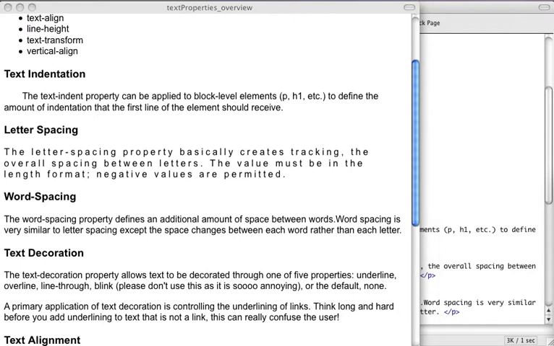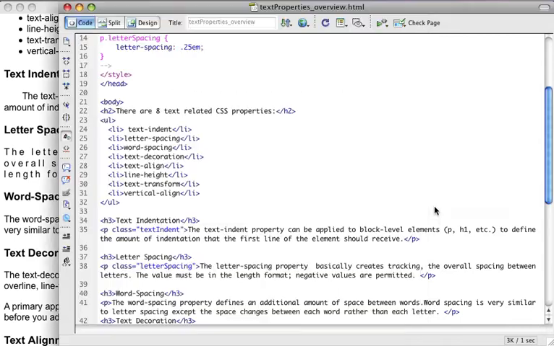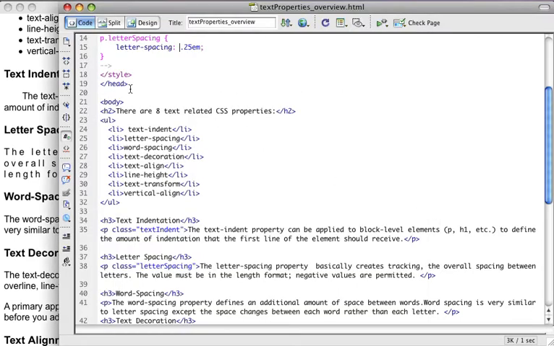All right, the next thing that we want to talk about is word spacing. And word spacing is basically the property that defines additional amount of space between words. It's very similar to letter spacing, except that the space changes between each word rather than each letter. The value must be in some sort of length format, and once again, negative values are allowed or permitted. So let's go ahead and let's go back to our XHTML and let's create a style for